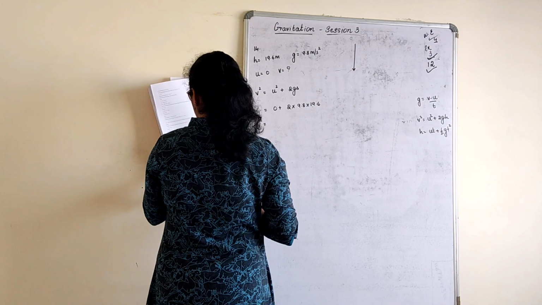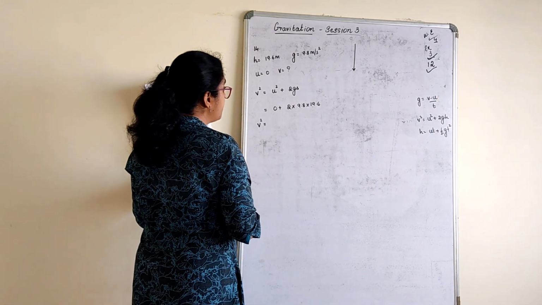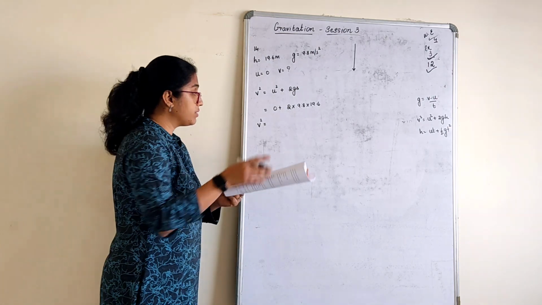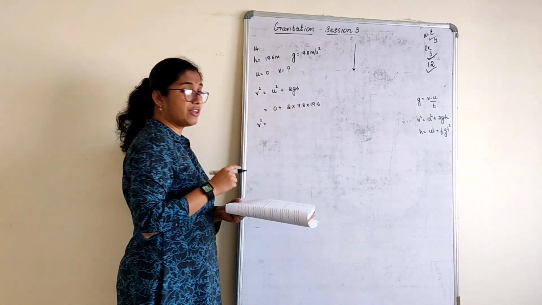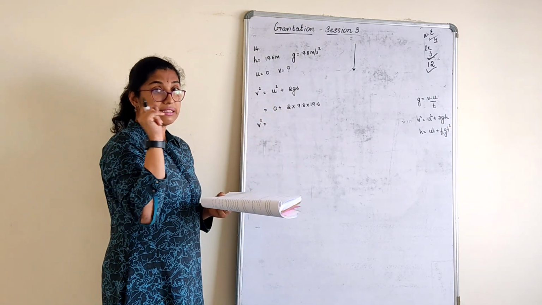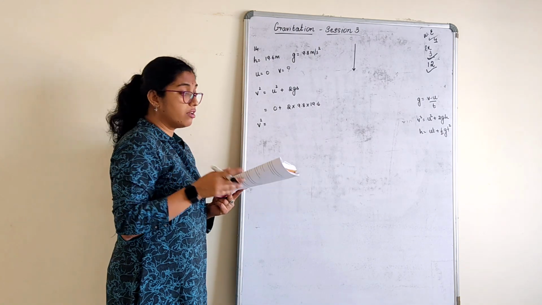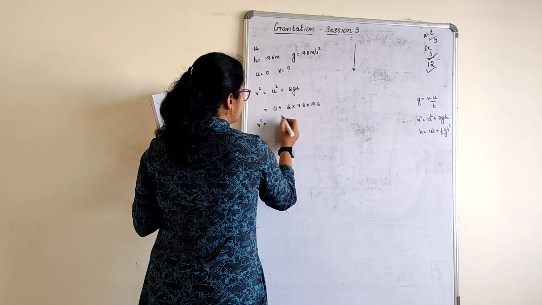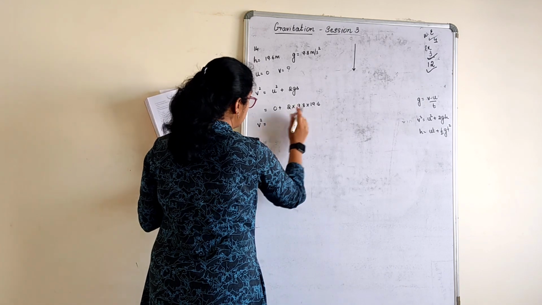Whenever you have such a question, where you calculate v square or anything which comes in a square, that will always be a perfect square. So when you multiply this, you will get it in terms of